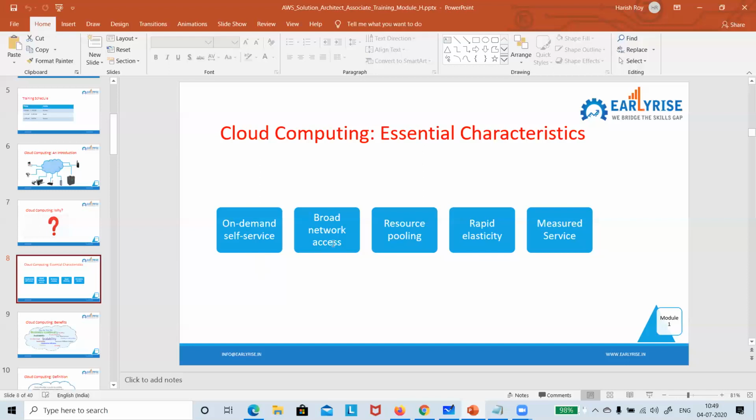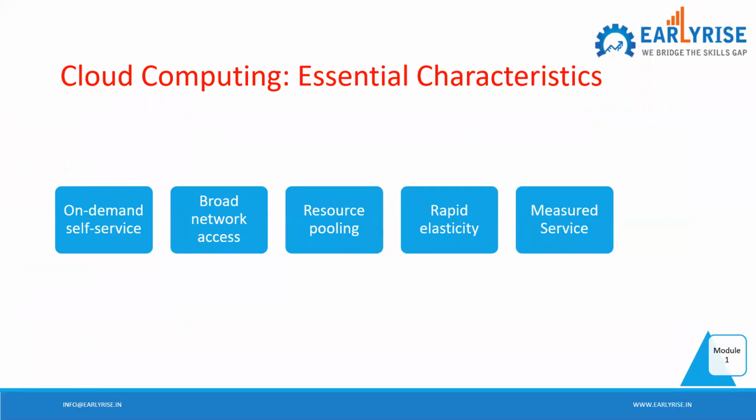Perfect. So broad network access. Understand that? What do you mean by broad network access? Literal meaning. Can be accessed from anywhere. Something like that. Yes. Access from anywhere. Very good. And accessed from any type of device. Sai, right? Yeah. You were asking earlier, so this one you can relate. Broad network access also means the cloud services can be accessed from any type of device,